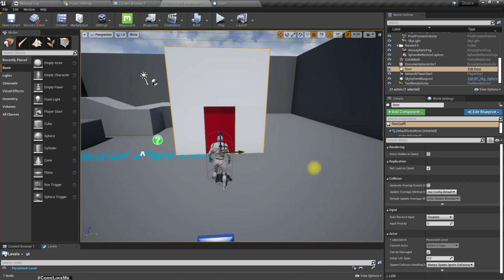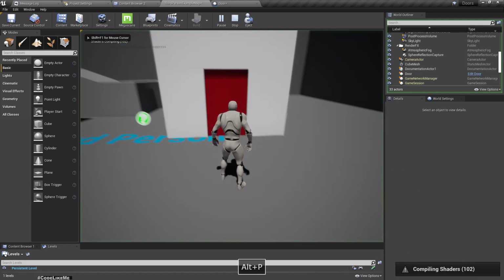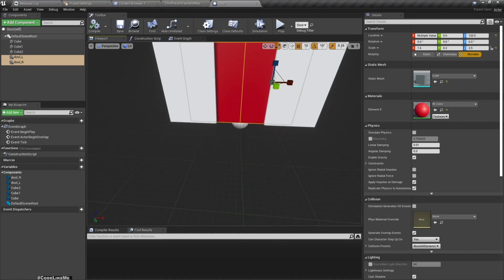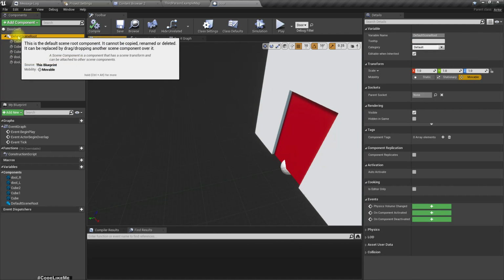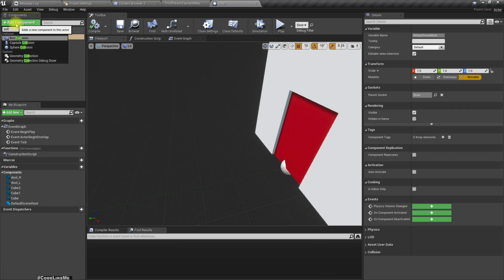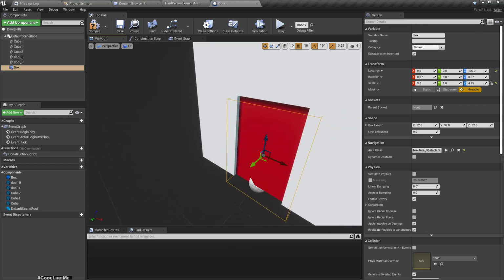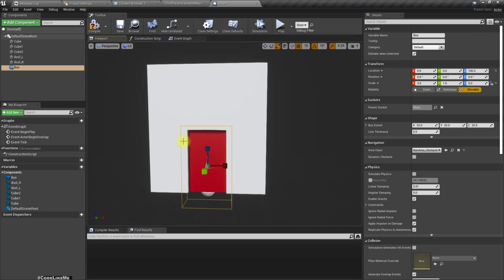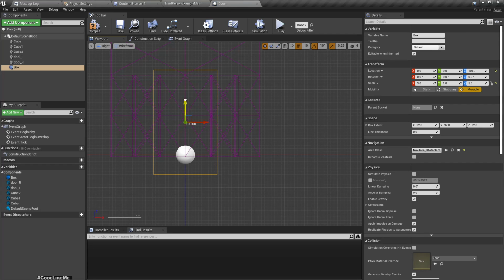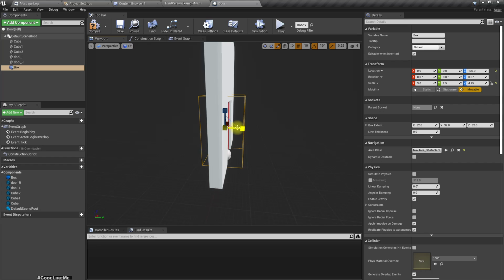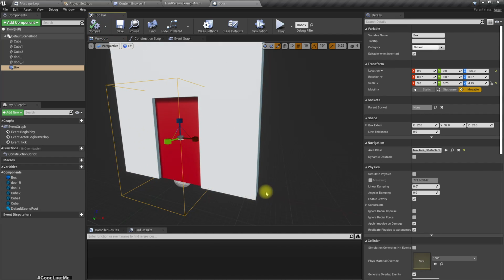And how to make it open when the character goes near that. So at the moment, if I go near that, nothing happens. So here, let's go to the perspective mode, and let's add a collider, box collision, like this. Let's make it larger. Alright, now